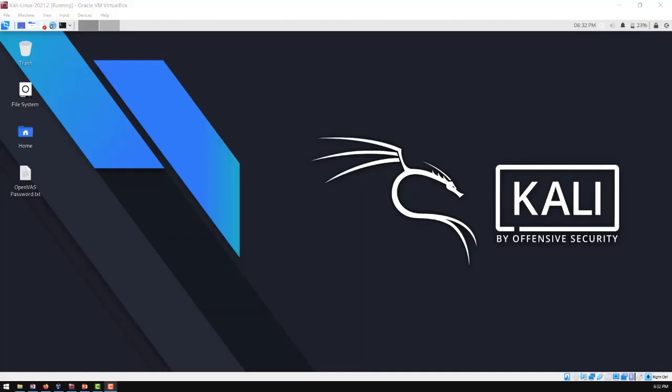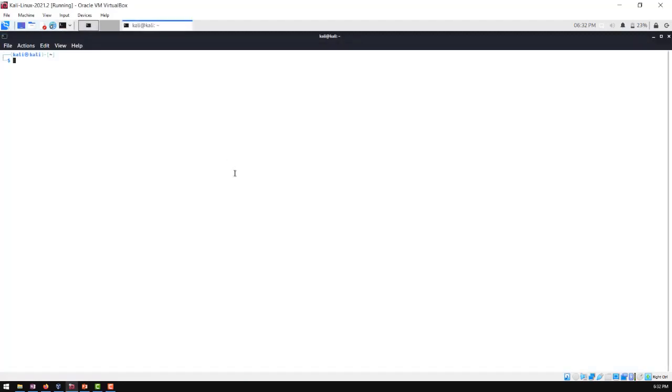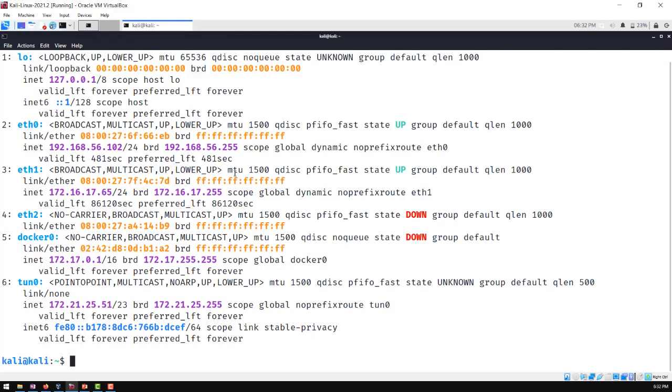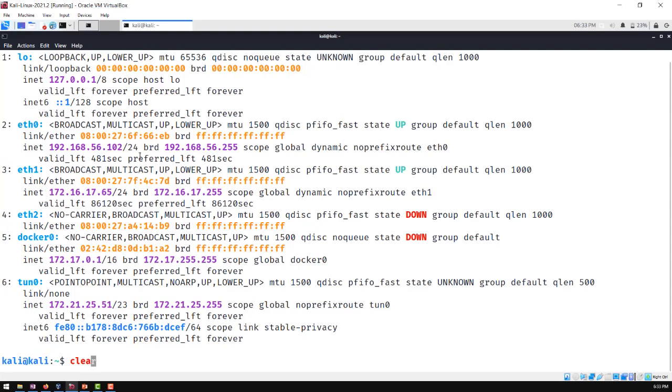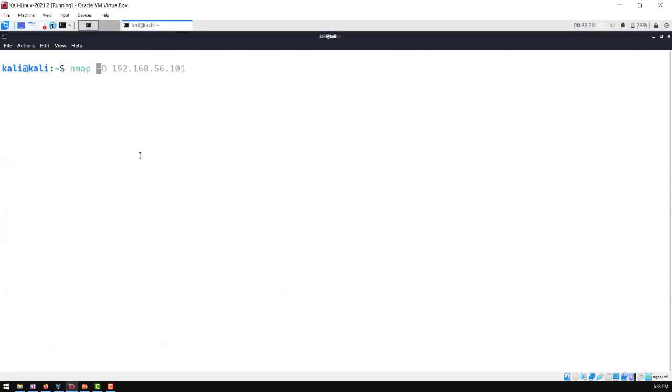To get started, let's head over to Kali Linux, like so, and let us open our terminal. Once we're on our Kali Linux machine within our lab, let's use the ip addr command to verify our interfaces and the network that we're connected to. So currently, I'm connected to a private network using my eth0 adapter, and I'm on the 192.168.56.102 network. So I'm going to copy this IP address like so,